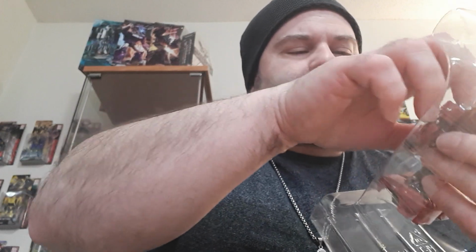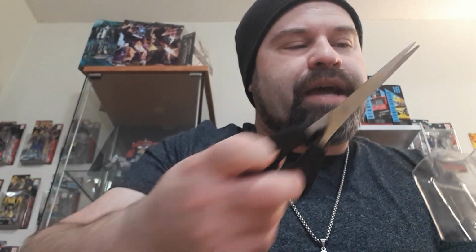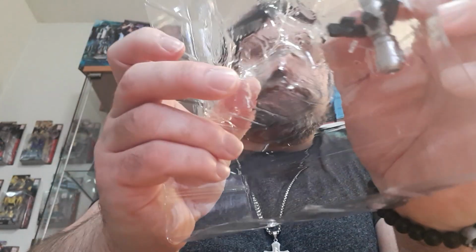Did I get all his... and apparently this guy is a parts former. You remove a certain piece from him and you can form. I'll tell you guys in the review. Let's just put Cliffjumper there. Let's get his rocket launcher. I want to try and remove it so then I don't have to...